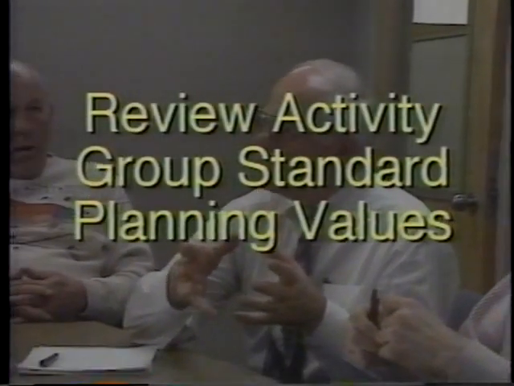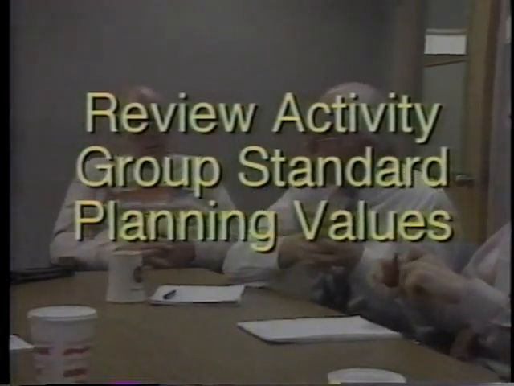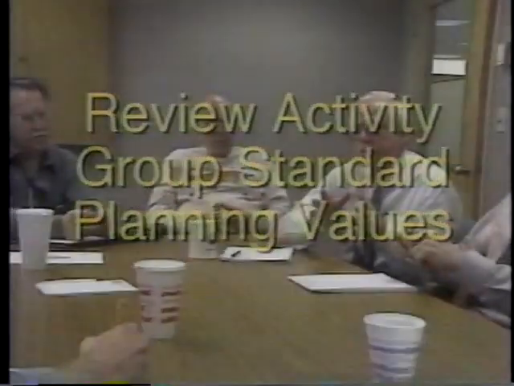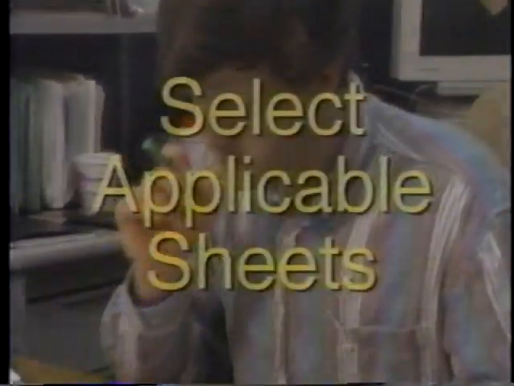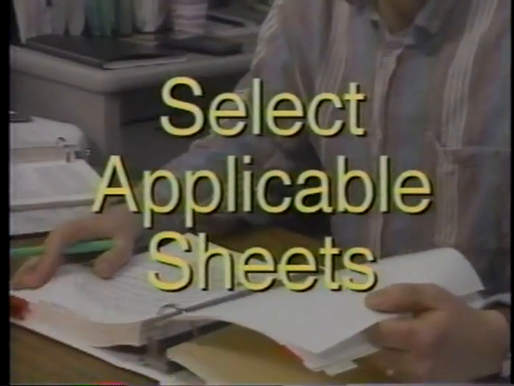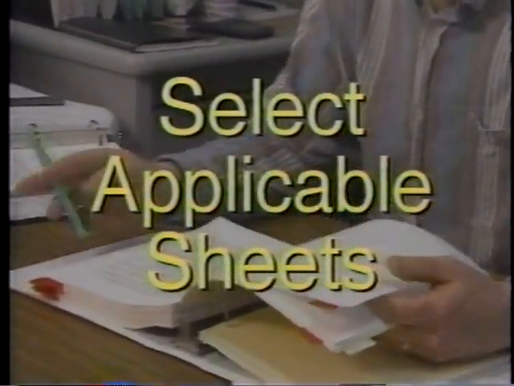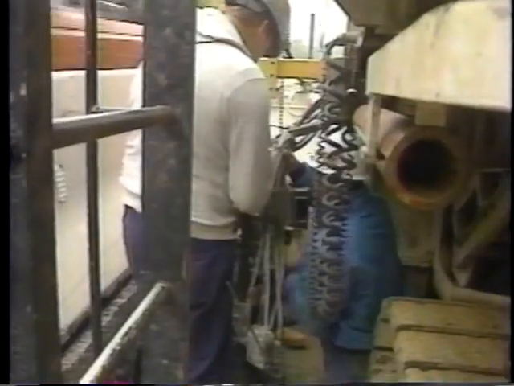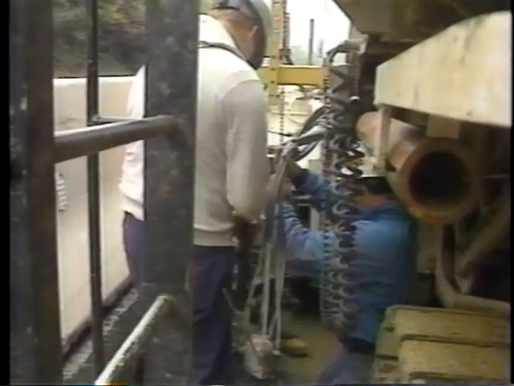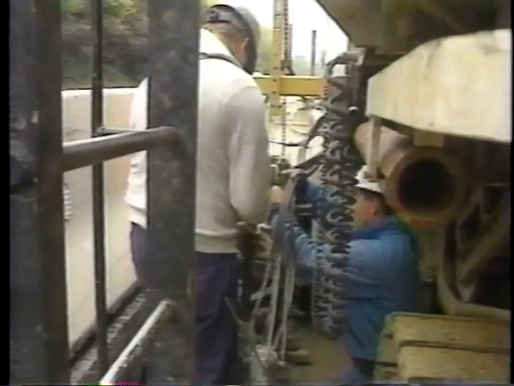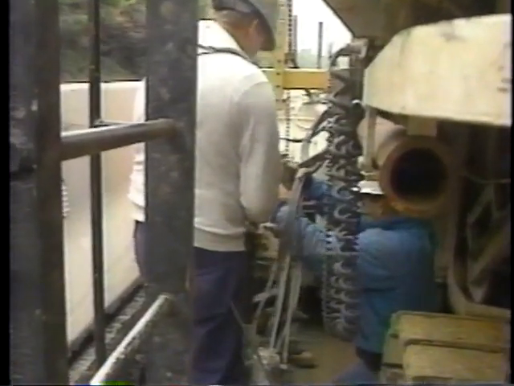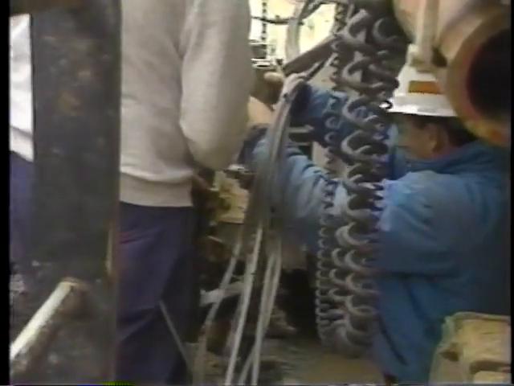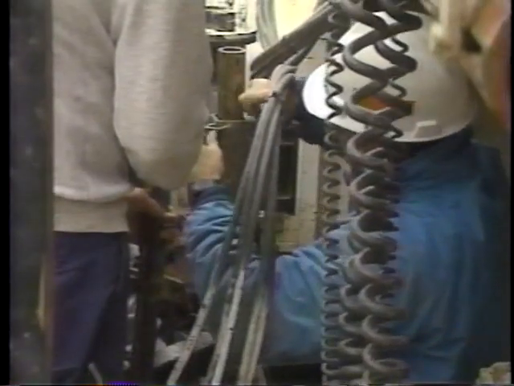Selecting the base planning values involves reviewing the activity group standard planning value computation sheets for each contract type, selecting the sheets applicable to the adjusted listing of contract types, reviewing and adjusting the activities and their base planning values from the table of activity planning standards, which would normally be used on a typical contract,